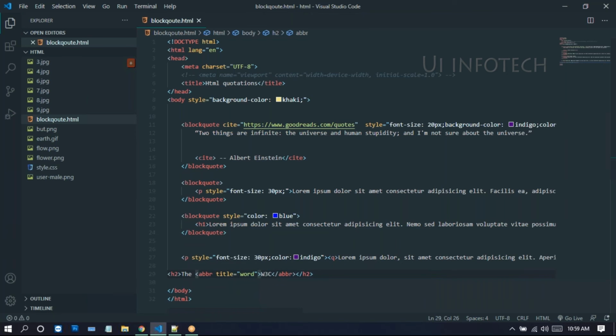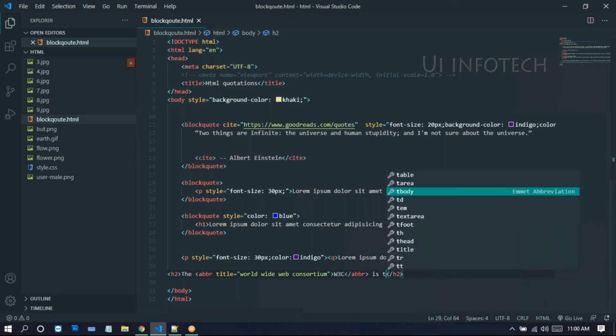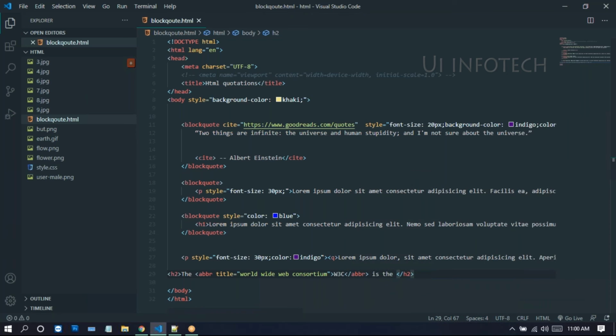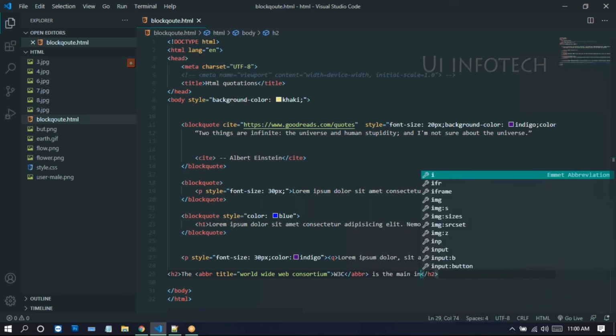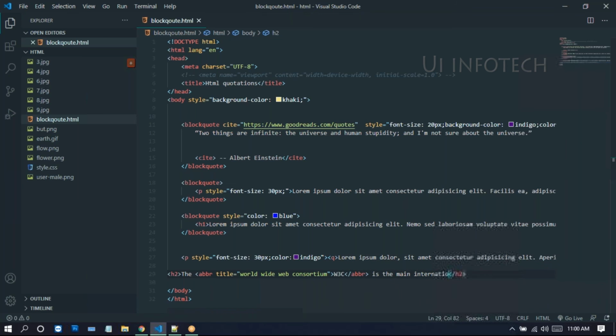Then we can write about W3C: W3C is the main international standards organization.